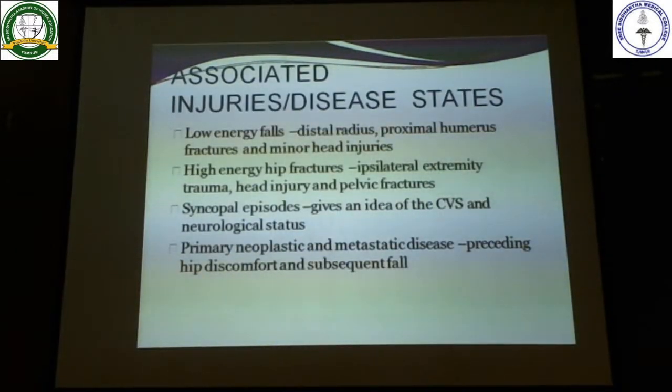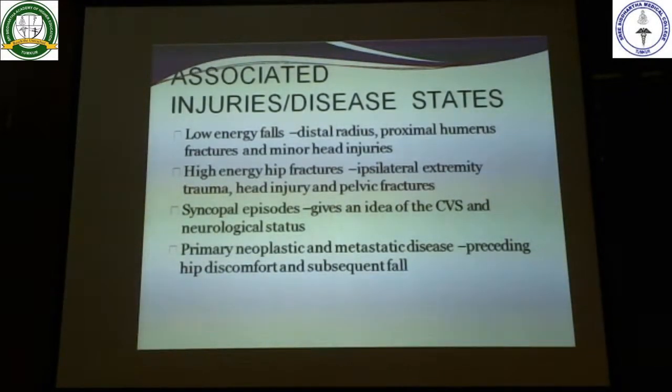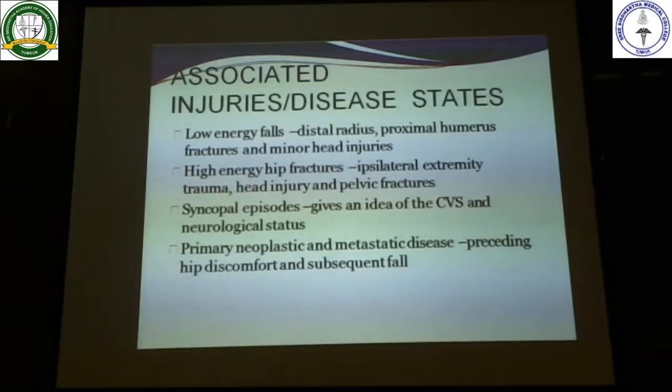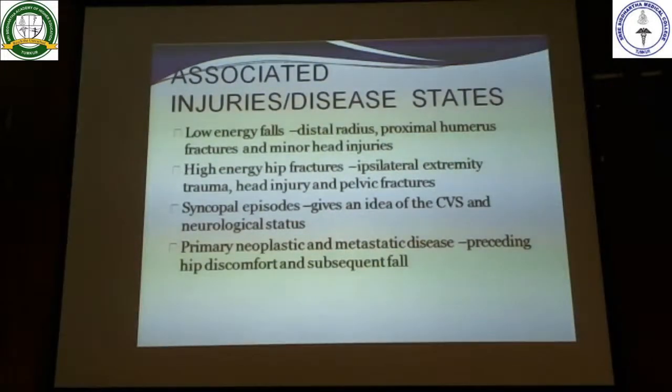Then of course you need to rule out other associated injuries and disease states. For example, if it is a low energy fall, you can also get all those fractures which are expected in old age, like distal radius fractures, proximal humerus fractures, head injuries. Then high energy hip fractures, like in accidents, can have ipsilateral extremity trauma, head injury and